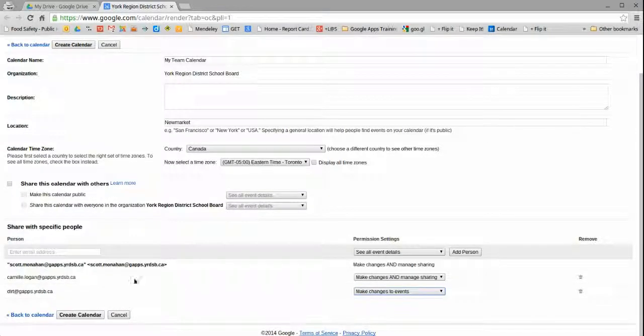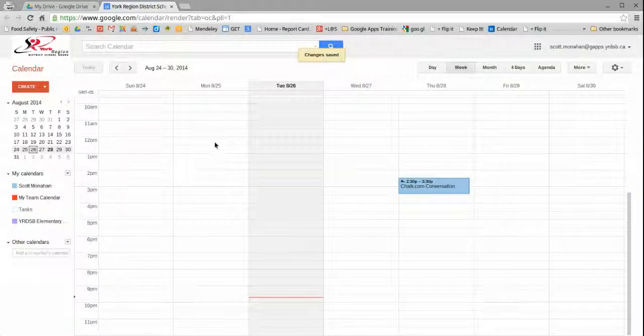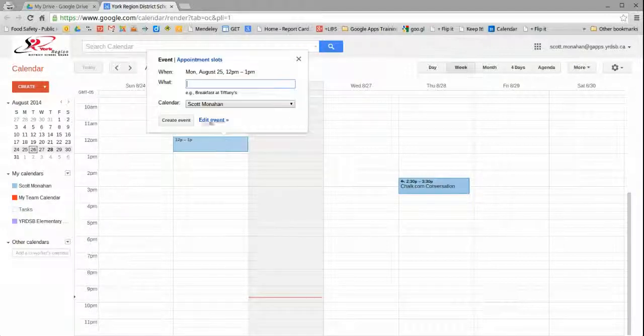Once it's finished, I scroll down to the bottom of the page and I click Create Calendar. And in a moment, it should show up here on the left side of my screen. And we'll just patiently wait for it. And there's my new team calendar, so that when I add an event to my team calendar, this is a